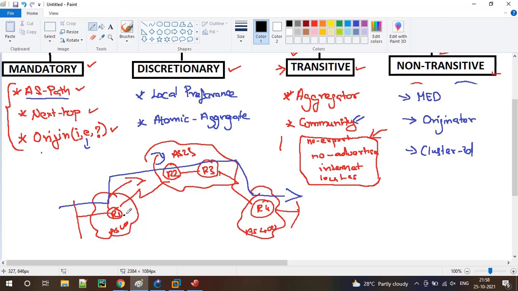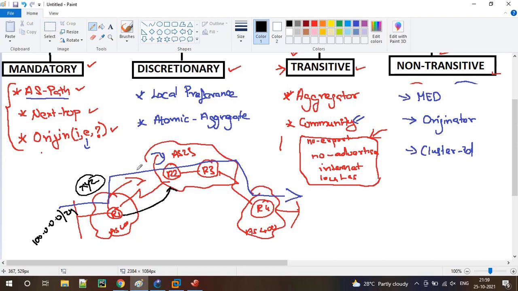Let's say I'm going to send a MED value, that is, my metric value for reaching a prefix, let's say 100.0.0.0/24, and I'm using some value XYZ as the metric to reach this prefix. That is what I have done in my configuration. So this update will be sent to R2.